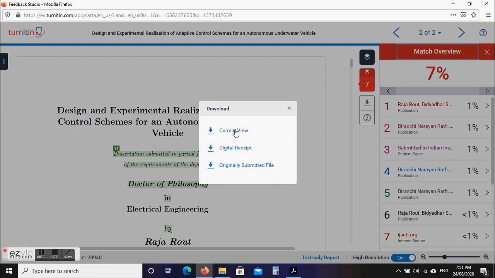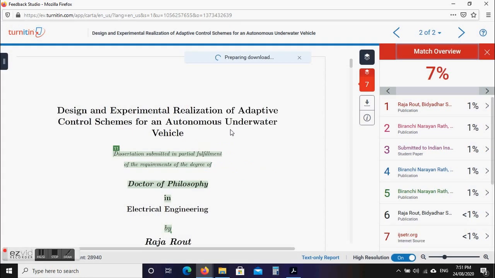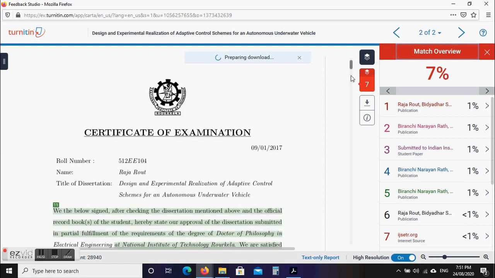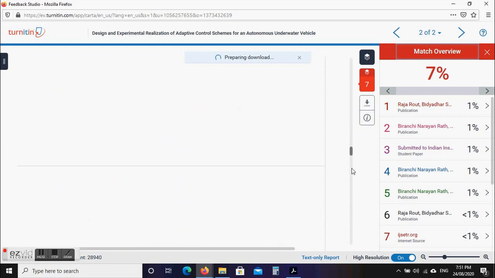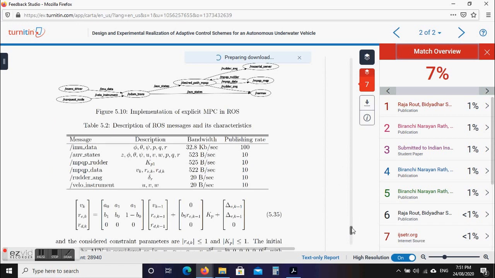Current view will give you a report exactly similar to this one along with the colors etc. Depending upon the file size, it may take time to download the PDF file. That PDF file will have all these colorings, the reference numbers, and at the end of this thesis there is a total list of links.